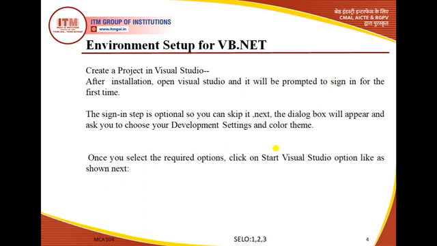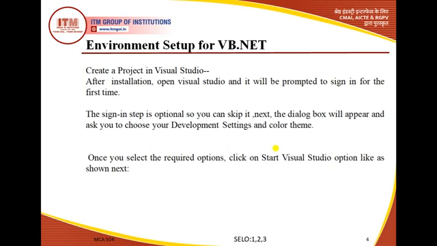After the installation, whenever we try to open Visual Studio for the first time, it will prompt us to sign in, asking for an email ID. This sign-in step is optional, and you can also skip it.